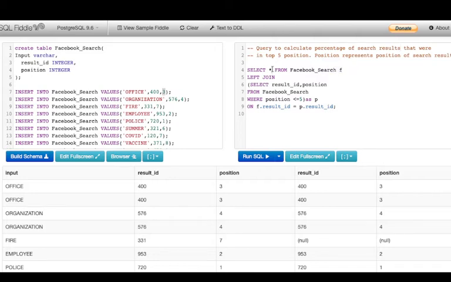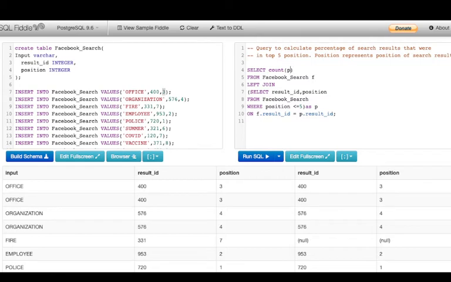So instead of star, I am going to run my function, because this is what I want to display, right? That is why I'm writing it in the select query only. So I'm writing select count.